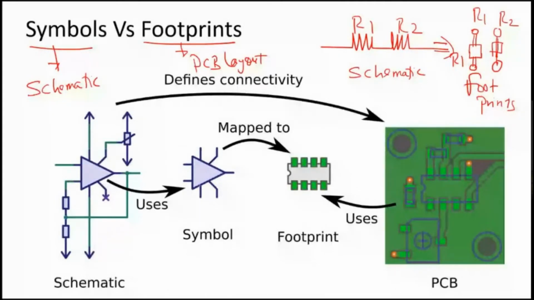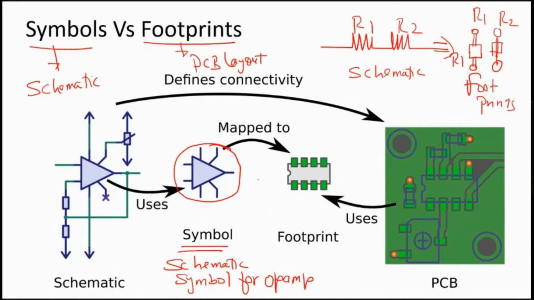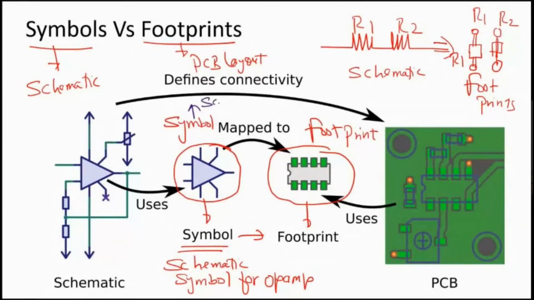I have given an example here. On the left hand side, you have the schematic symbol for an op amp. What you see on the right is the corresponding footprint for the op amp. This is a symbol, whereas a footprint means this is an IC with 8 pins. So this IC is what I'm going to put in my practical board. So this is the actual footprint, and this is the schematic symbol. Symbols we use in schematic diagrams or circuit diagrams. Footprints we use in PCB layouts. There is a one-to-one correspondence between the two.